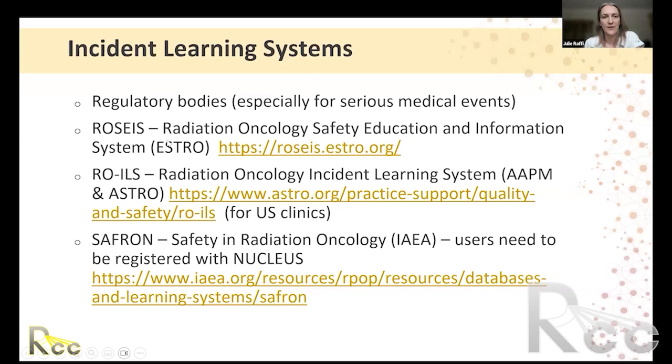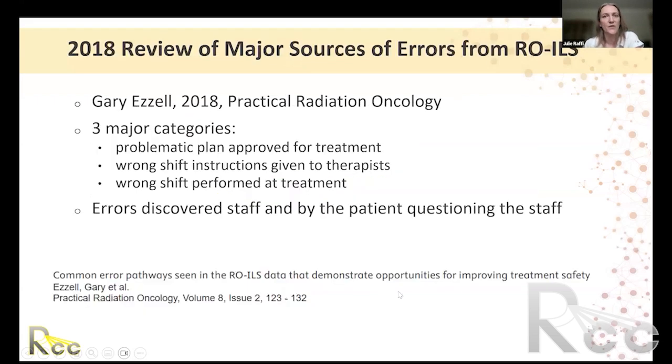So there's an example through ESTRO, one in the US for AAPM and ASTRO, and then SAFRON, which is hosted by the IAEA. So that might be a good tracking system to use if you're affiliated with the IAEA and have a NUCLEUS account. So there's been a review of major sources of errors from RO-ILS, which is in the